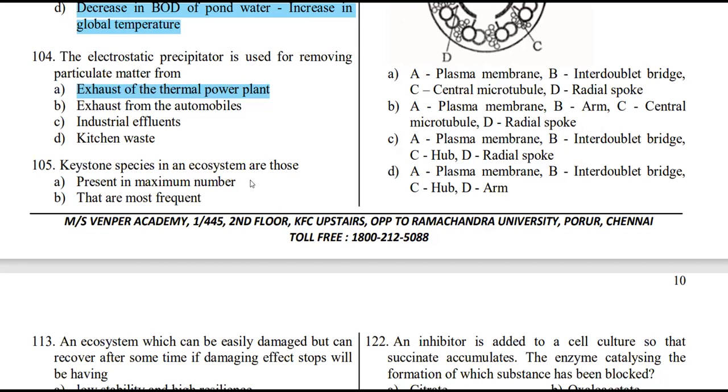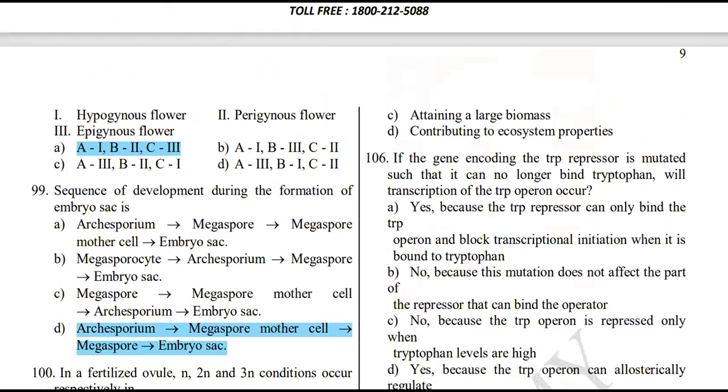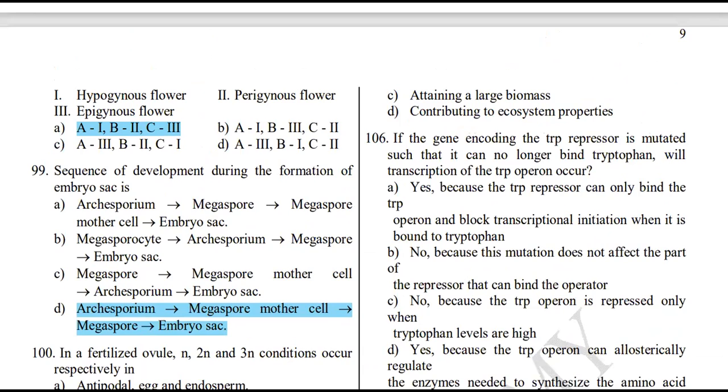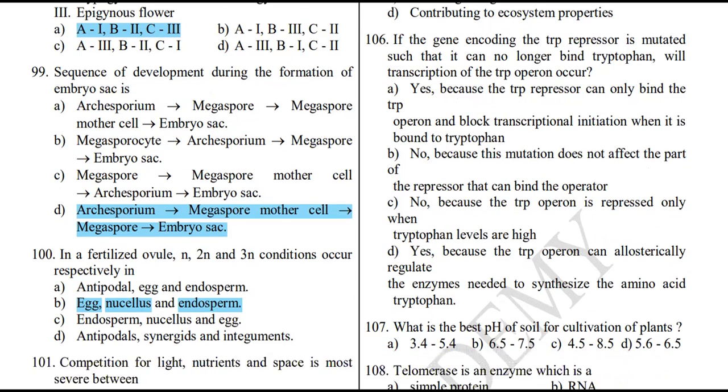So keystone species in an ecosystem are those which are present in maximum number. No, that is wrong. That are more frequent. Whichever is more, that we will not call keystone species. We can say which attains large biomass. No, we will not call that also. Or contributing to ecosystem property. Yes, the one which defines the entire ecosystem characteristics is going to be the keystone one. Okay. Next question is,